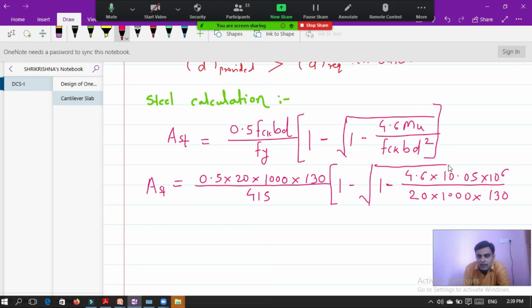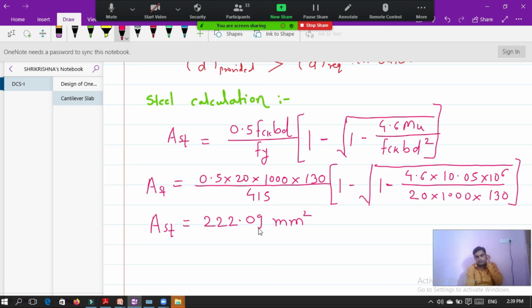So this bracket we need to solve. After solving this we will get Ast, area of steel. Ast is equal to 222.09 mm square. You cross verify the answers.